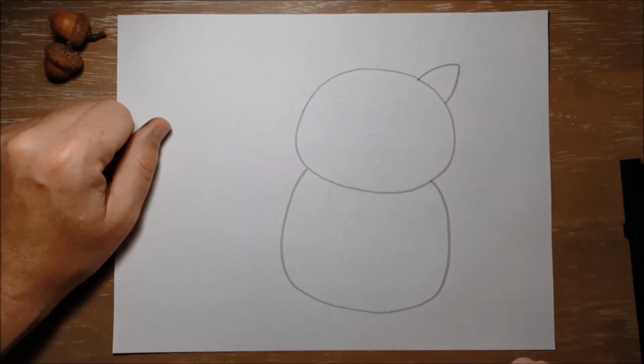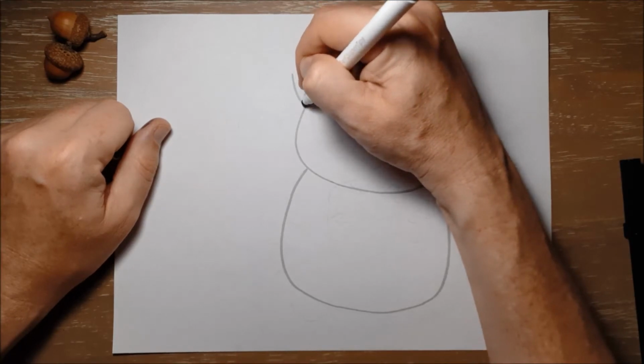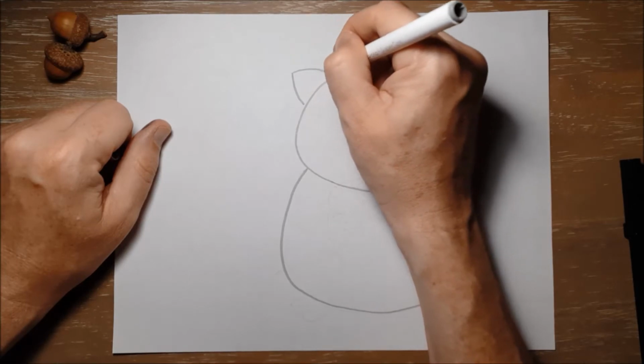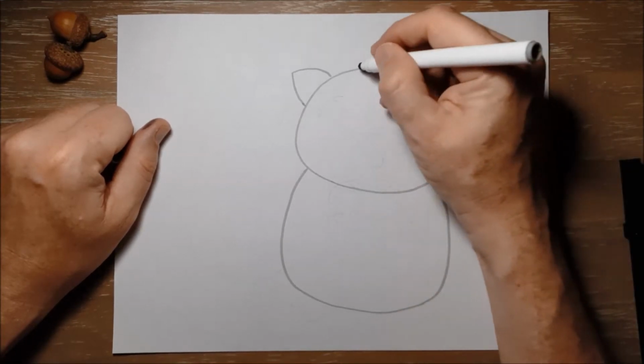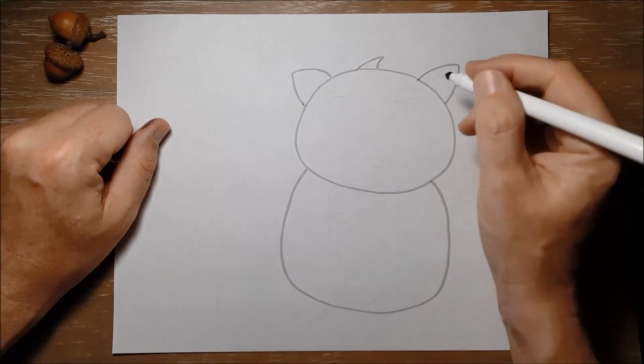Like this. And remember, if I'm drawing too quickly, you can always pause the video and catch up. So the other ear will be the same kind of triangular shape. And then there's a couple of little tufts of hair on top of Sigmund's head. So we're just going to put those in